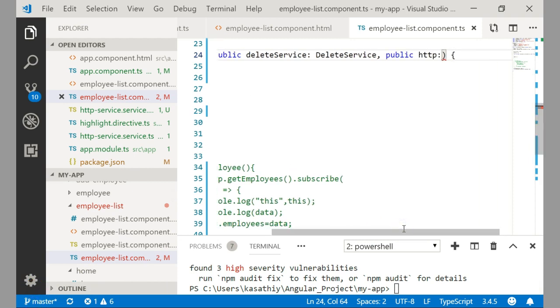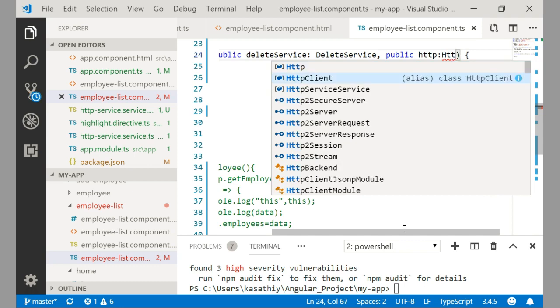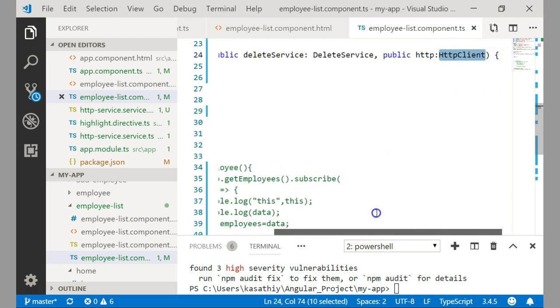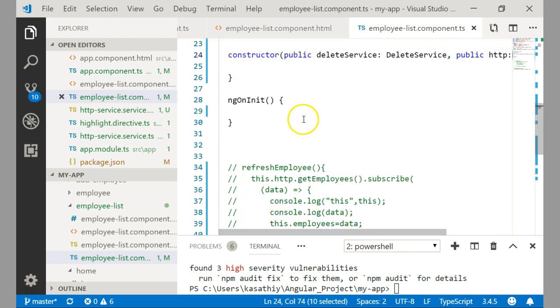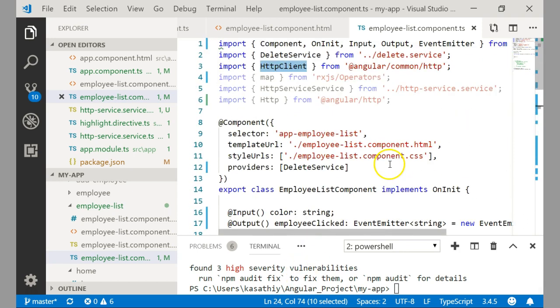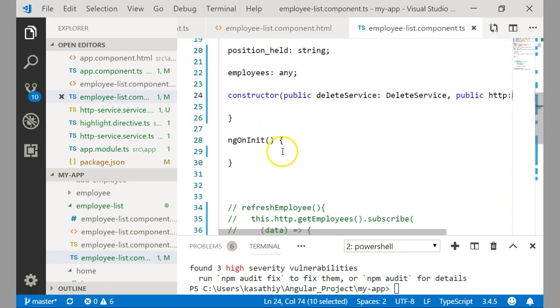I need to inject HTTP client. If you are using Visual Studio, you should be seeing that. Since we have imported HTTP client module, we have to make sure that we inject HTTP client using which we can do the HTTP call. So this HTTP client should be auto imported for us from Angular common HTTP. And in ngOnInit, let us use this